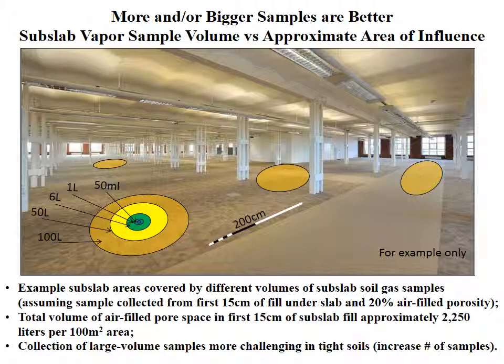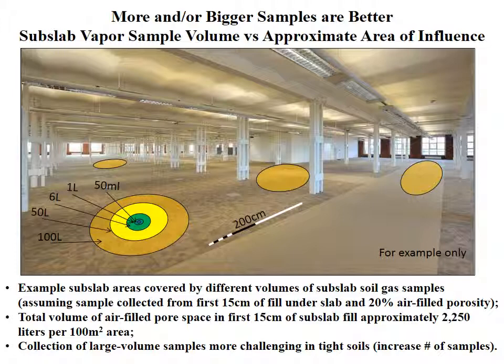One approach we've seen used is to collect 50 milliliter samples, really tiny soil gas samples, with the idea that you're going to catch the hot spot beneath the slab. Well, in reality, the chance of that is negligible. A 50 milliliter soil gas sample, if you assume 20% porosity and that the soil gas sample is coming from the first 15 centimeters underneath the slab, only represents an area of around 2 centimeters in radius,